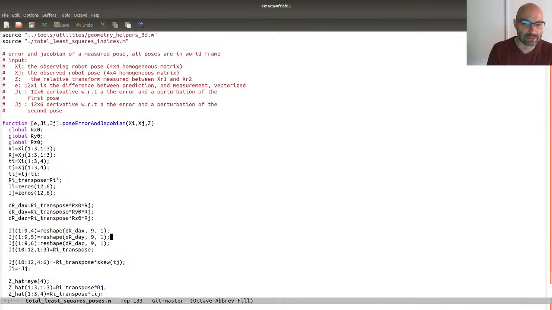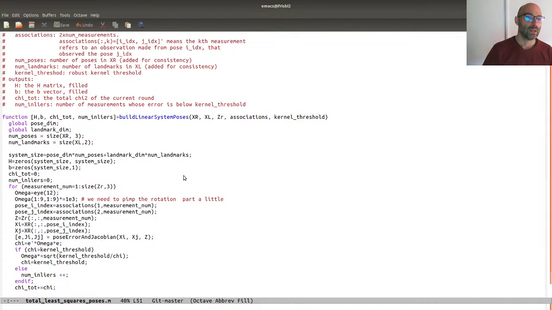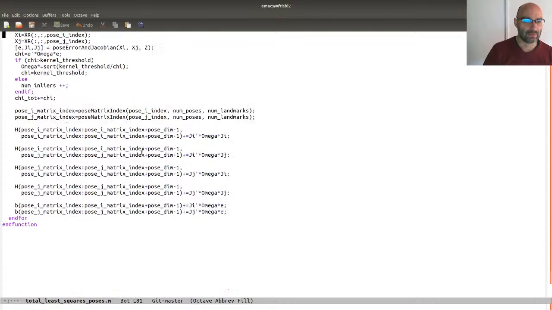For the poses, not much changes. Only that we have a little bit more complicated Jacobian, whose explanation you find in the slides. The Jacobian will be in this case 12 by 6. And one will be the opposite of the other. And this is visible here because we are using the chordal function. And the building of the linear system mimics in total